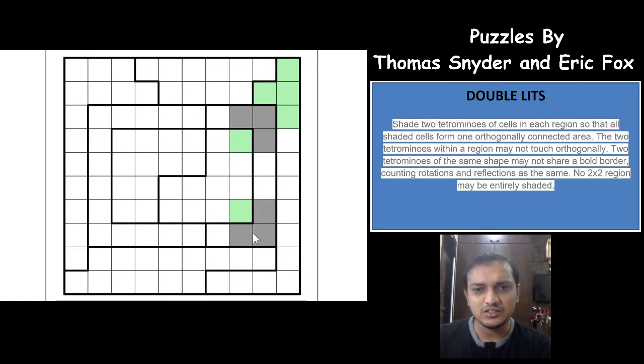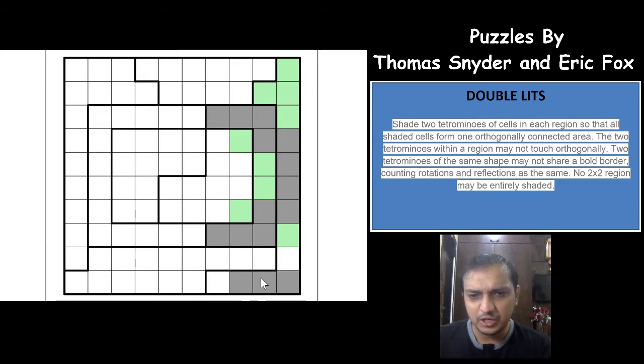So first region you had 10 cells, and again after eliminating a few of the other cells from the other region, you still have again 10 cells in the second region, which means that you'll have 3 degrees of freedom again in this. Okay, you have 10, I think you have more than 10. Yeah, you'll have 3 degrees of freedom, right? 1 degree of freedom, which means you can shade 3 cells in this and in this direction, and which means this will have to be unshaded, which means this will be shaded, right? And again this will have to be unshaded because no 2 by 2 group, so this will be shaded, this will be unshaded, this will be shaded. Excellent, that's excellent actually. So we got 2 tetrominos in this region, both are of L shape, right? But they are not touching each other orthogonally.